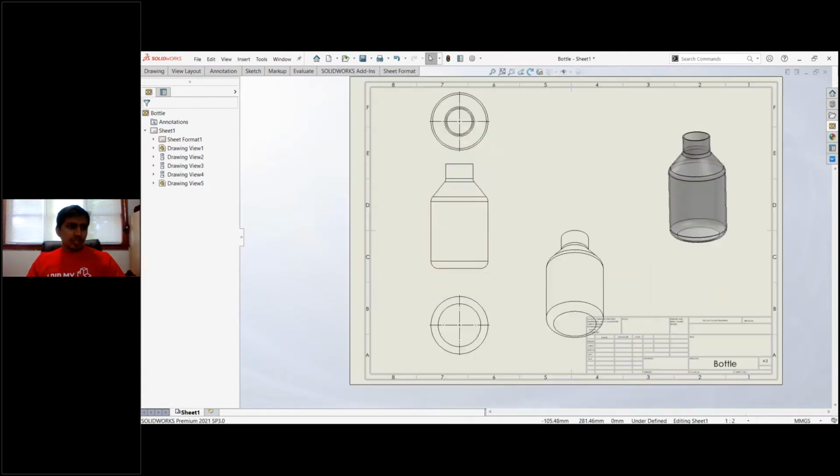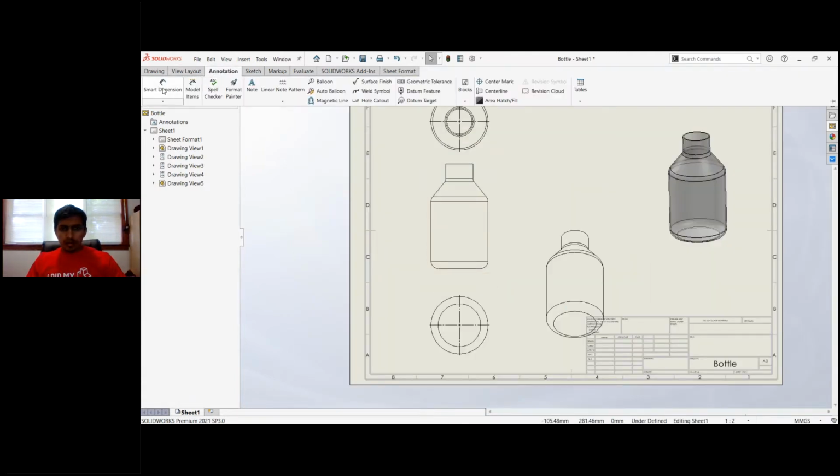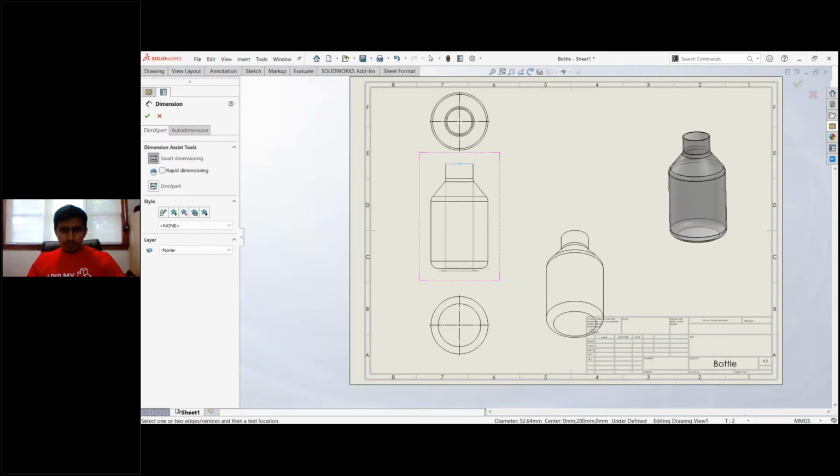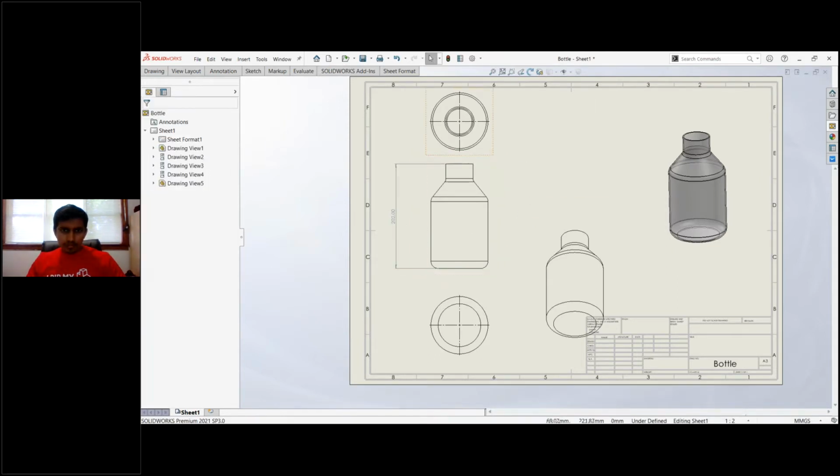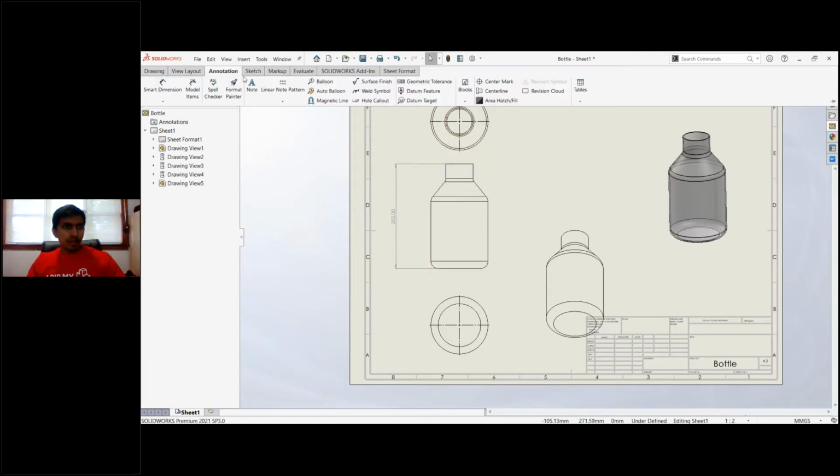Now we can give the smart dimension over here for a better understanding of the drawing by the manufacturer. And also we can give auto dimension.